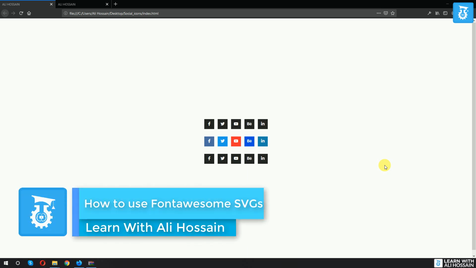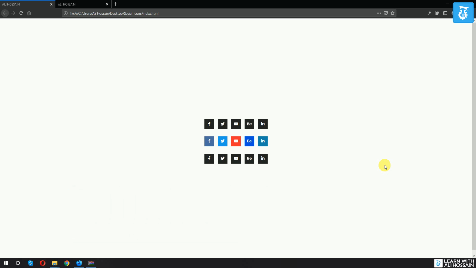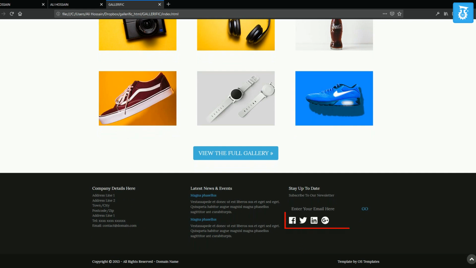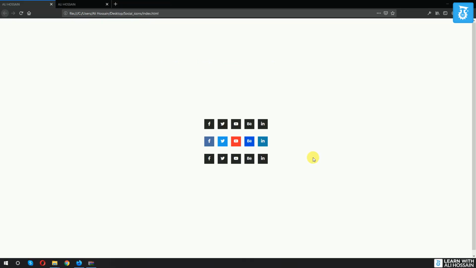Previously I published a tutorial where I showed how you can use Font Awesome's latest version on your project, and in that tutorial I created this section so that you know how to use Font Awesome perfectly. But only for a specific section, like the social section or other, using Font Awesome is a bad idea. The reason is that if you use Font Awesome on your project, your project size will increase a little bit. Instead, if you are interested in using Font Awesome icons only for a specific area like the social section or other, I recommend you use Font Awesome SVGs.